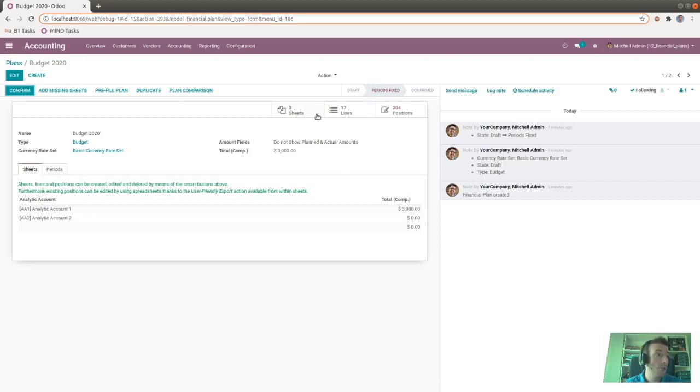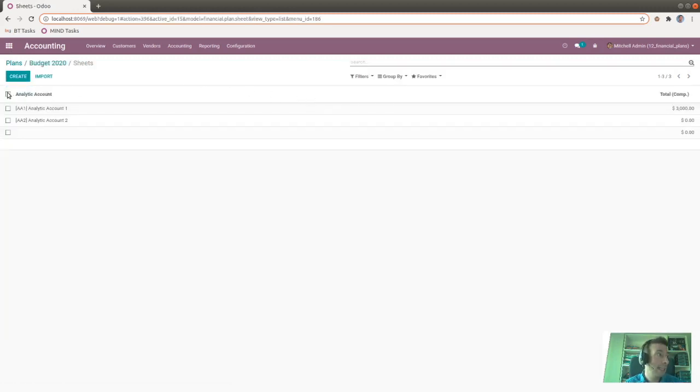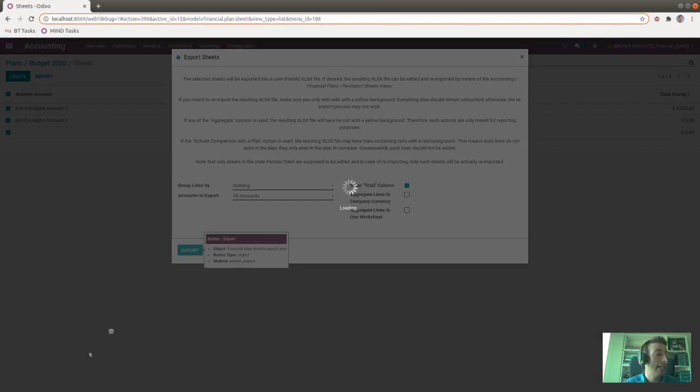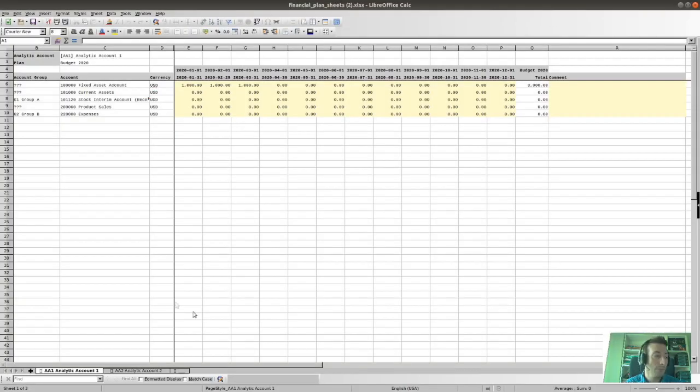Second approach is using the user-friendly export functionality that is available. Here we can select all the analytic accounts, all the sheets, click on Action, User-Friendly Export. We just hit on Export. We get an Excel file that contains one Excel sheet per financial sheet.